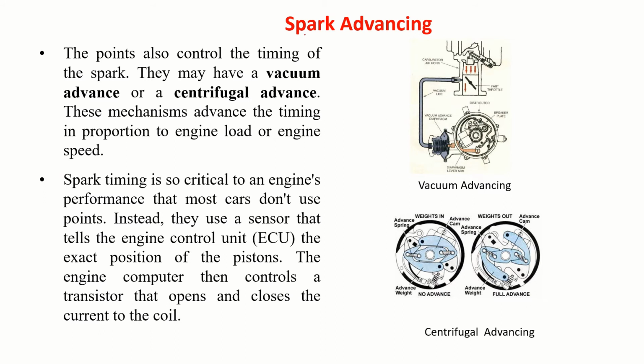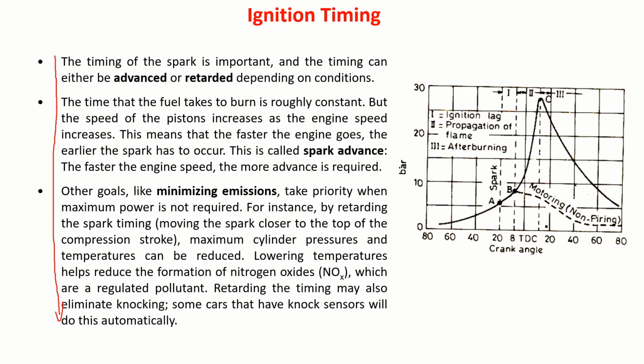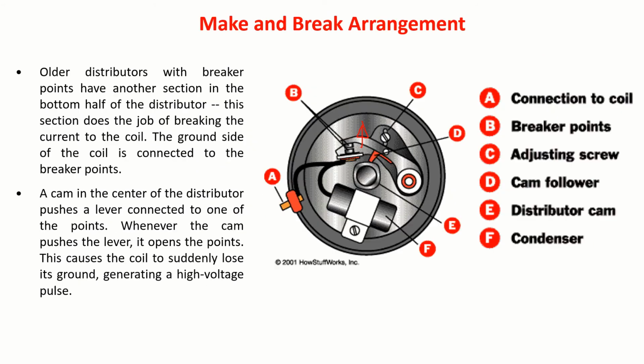That's why in the conventional system, we have a spark advancing mechanism. What exactly do we mean by spark advancing mechanism? The whole thing is we need to set the orientation of this. This part I'll connect to a spark advancing mechanism, and that mechanism will change the orientation of this.